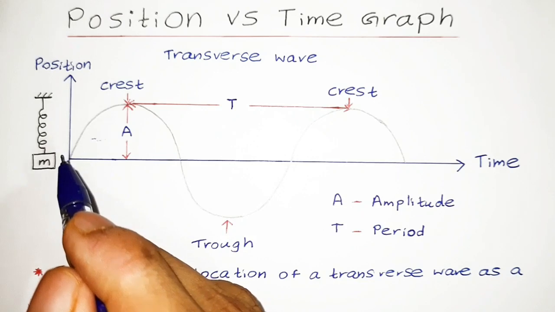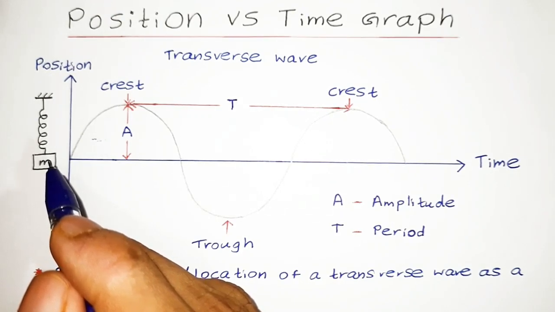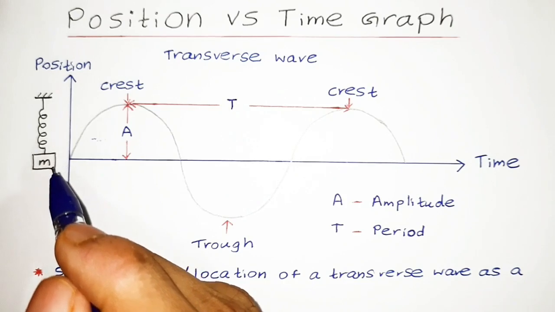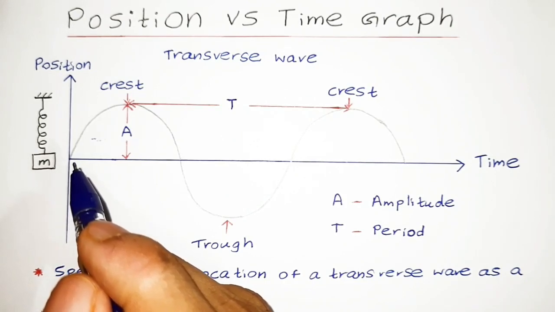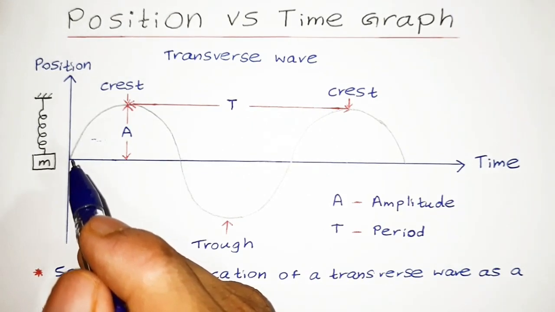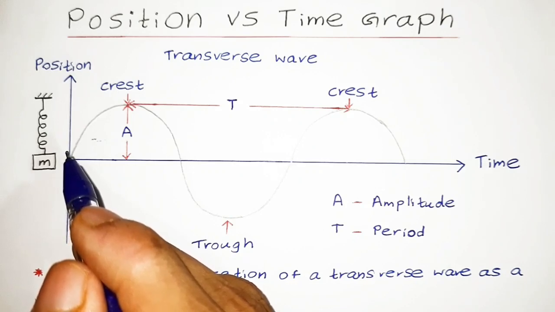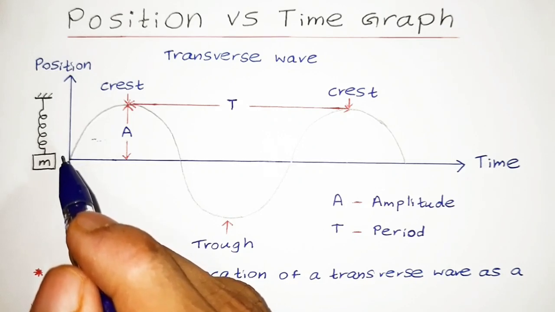If we consider a particle in the spring mass system, on the mass at equilibrium position, after some time it would move vertically downwards when we give a pull to it. This means the position would change, whereas after a particular moment it would reach a maximum height. Then the position would also change and come back to the equilibrium position.